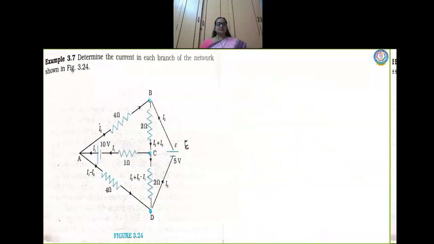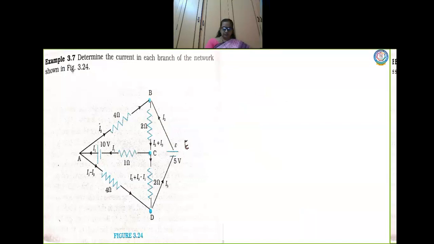Now next example you see, children. Now this is not a symmetrical network. Now here, how am I going to determine the current in each branch of the network? Again, this is a worked out example, children. This is again a complex circuit. Why I am working it out is, if I ask you to go through it, many of you will not understand. So I myself wanted to solve this. That's why I am doing it. Please follow. Only when you follow, you will understand how the sum has been solved.